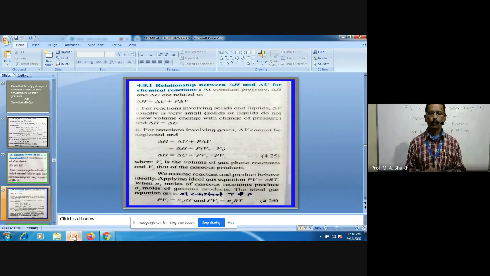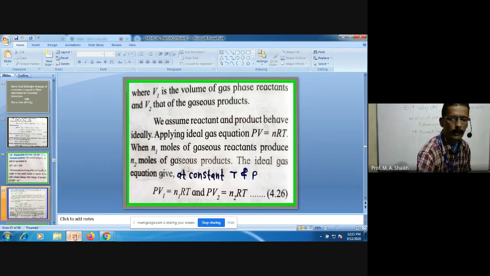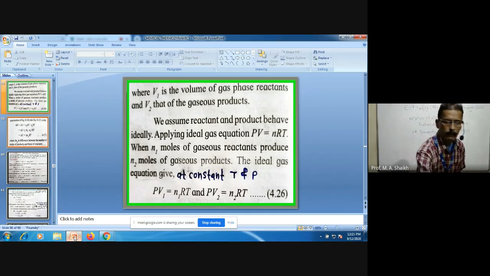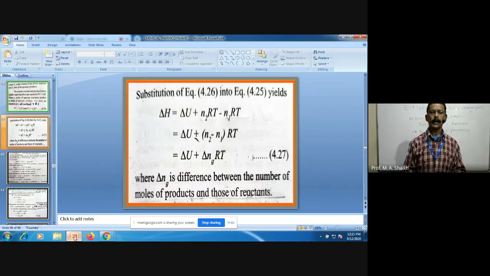Now we can put these values of PV1 and PV2 in equation number 4.25. Put these values, then we will see what happens. For that, we have to go to the next slide. See here, when the value of PV1 is N1 RT and the value of PV2 is N2 RT, at that time what will be the equation between delta H and delta U? So delta H is equal to delta U plus